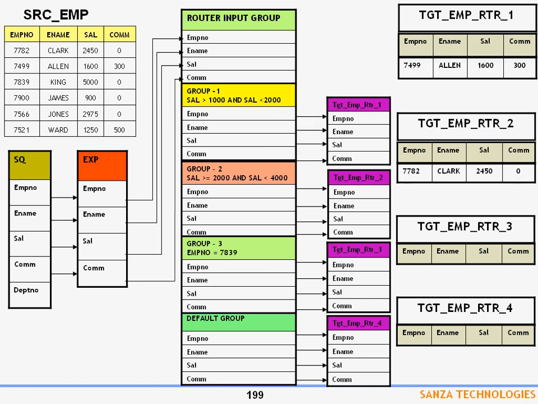7839 comes in, goes to the input group, tests for the 3 user-defined conditions, satisfies the third group condition, goes out and loads into the third target table. Fourth target table,